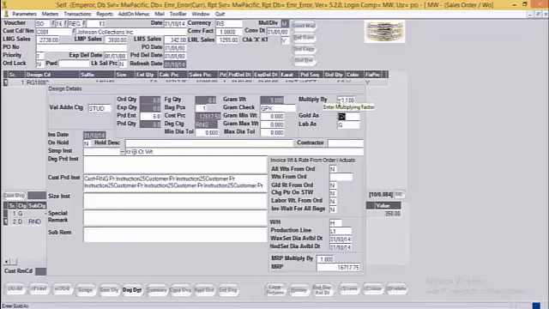As we have previously understood, the multiply by factor, the gold as and the labor as, which will get its default value from the customer master, then to order details, and then finally to the design level. Here we understand the design level details. After looking at the design level details, we will move to other options available in the order entry.